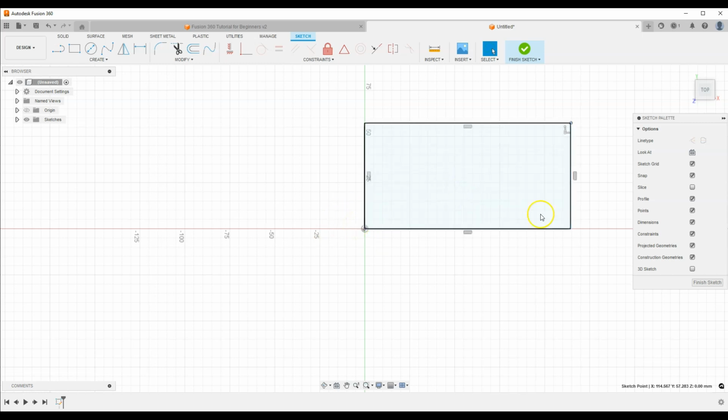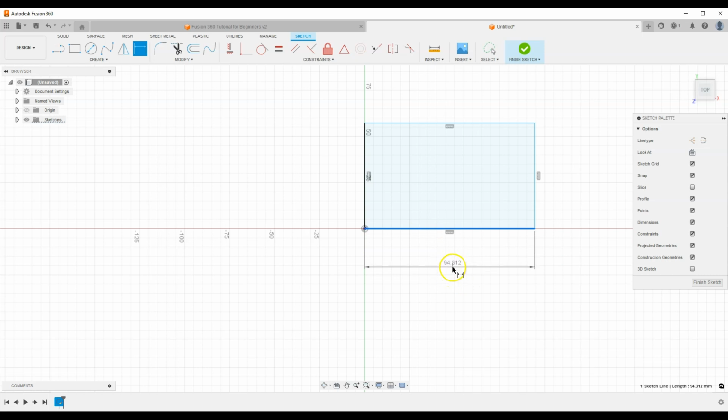And we can change the position of other vertices and the dimensions of the rectangle. And to fully define this geometry, you must specify the horizontal and vertical dimensions of the rectangle. We will add dimensions in a moment, but first left-click outside the geometry to deselect all geometries, and to add dimensions, select Sketch Dimension. And now select the line you want to dimension. Select this line,